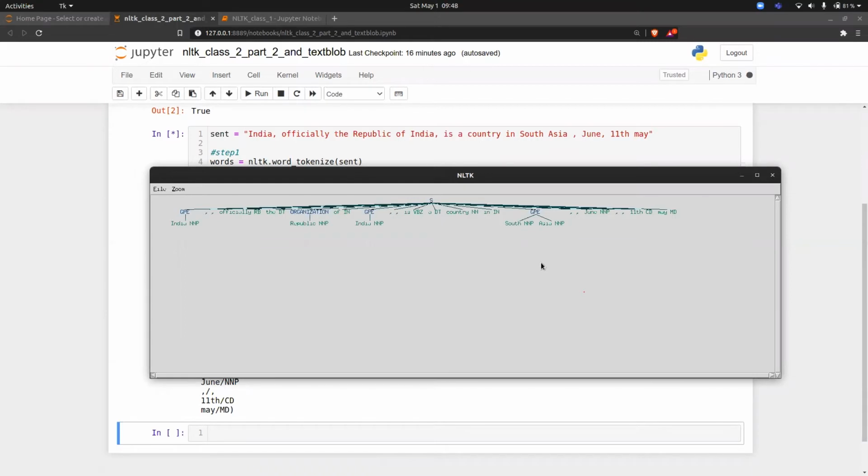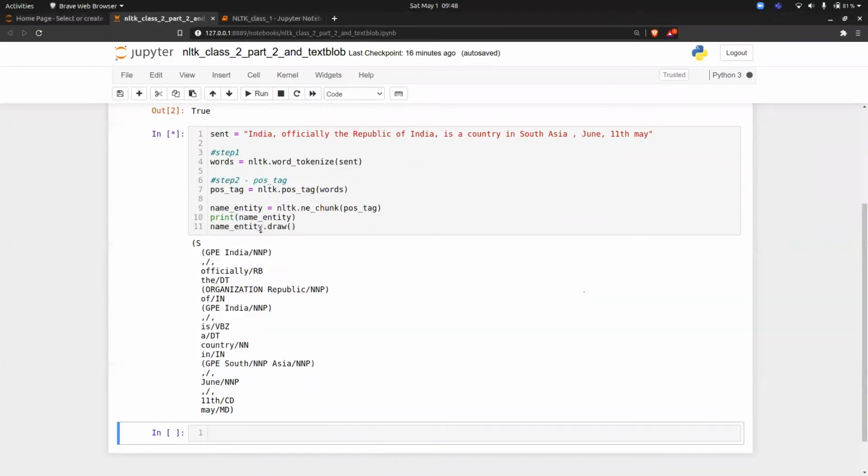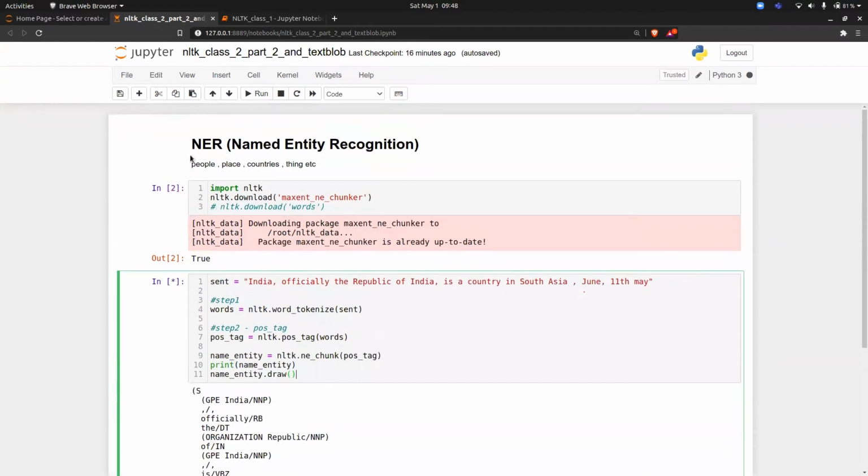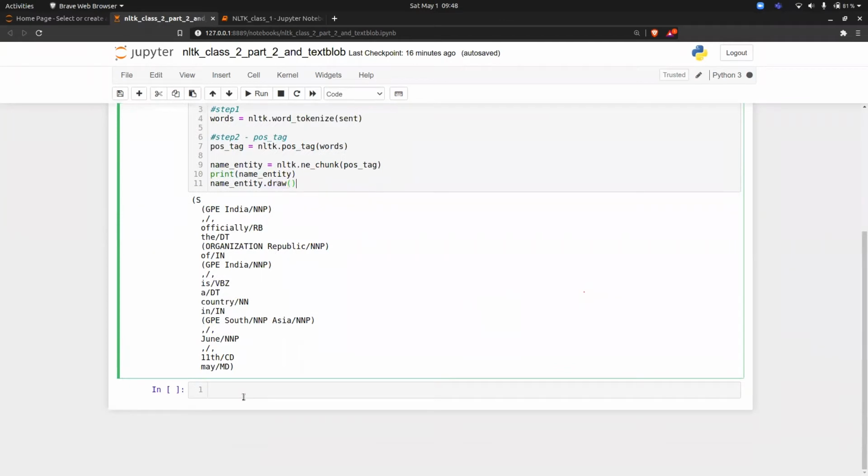Just tell me if this is working on a laptop. Named entity dot draw. Yes. Okay, great. So this named entity variable which you are calling, just do dot draw, and that particular thing will be drawn on a laptop. A new window will pop up in most of the cases, which I know, and it will work. So this is nothing but named entity recognition. Does anyone have a doubt in this, or is it clear to everyone? Please tell me in the chat.